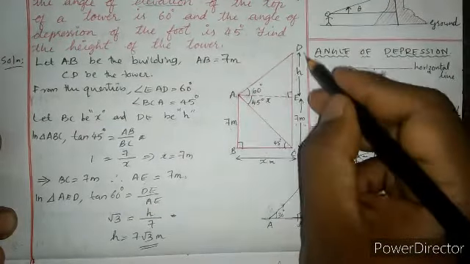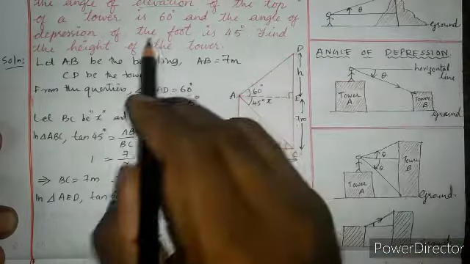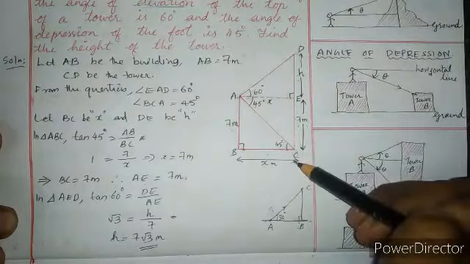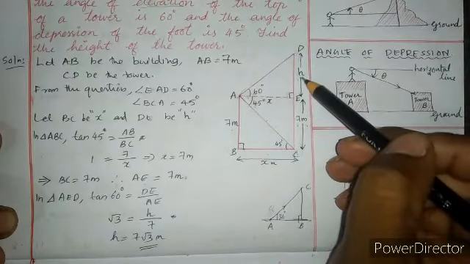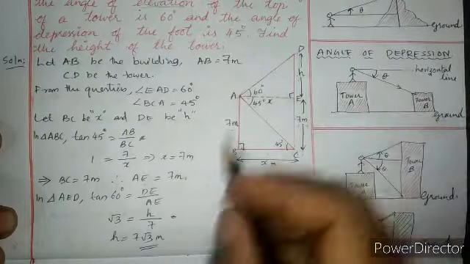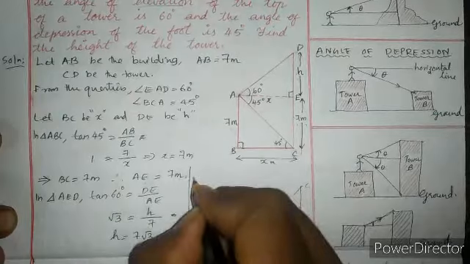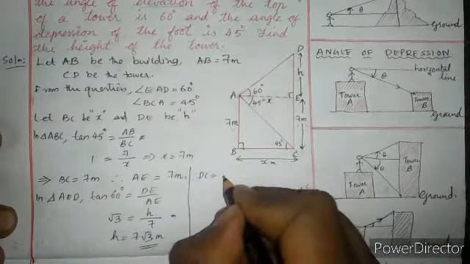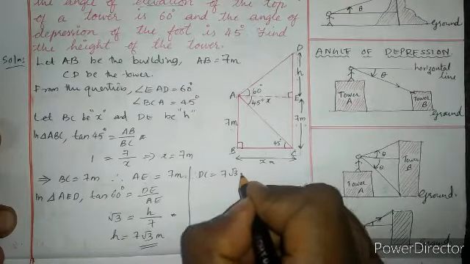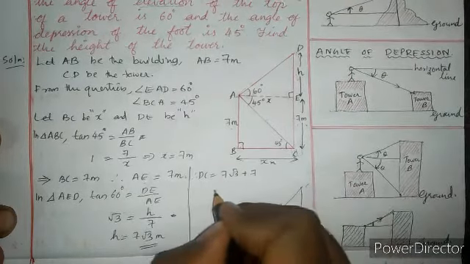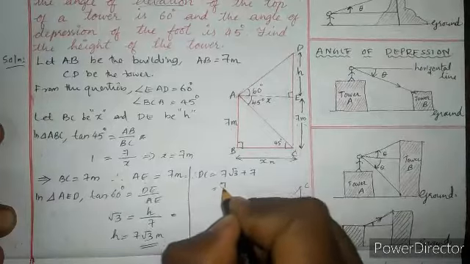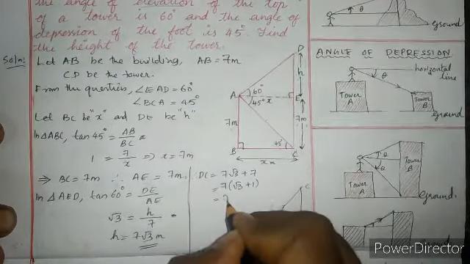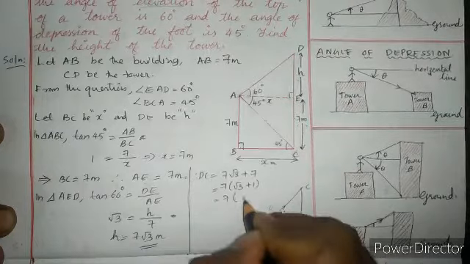हमको H नहीं चाहिए बल्कि हमको DC चाहिए, क्योंकि क्वेश्चन में क्या दिया था? फाइंड द हाइट ऑफ द टावर. सो टावर तो DC है, तो हमको पूरा DC निकालने के लिए h का पीछे गया, h तो अभी मिल गया, तो पूरा DC का बताइए। देयरफॉर DC इज इक्वल टू h प्लस 7 है ना, सो h का वैल्यू आया 7√3 प्लस 7, दैट्स इक्वल टू 7 तो कॉमन निकाल सकता है, √3 प्लस 1 आएगा 7 इंटू √3 का वैल्यू